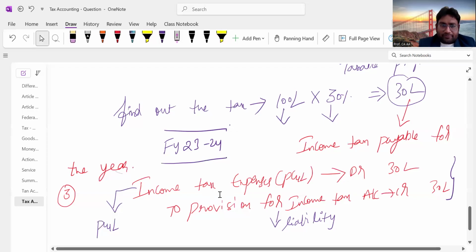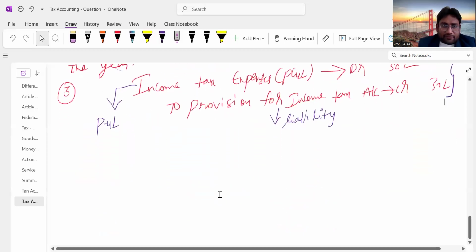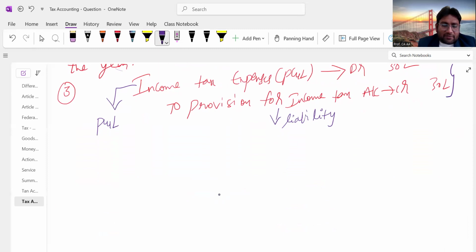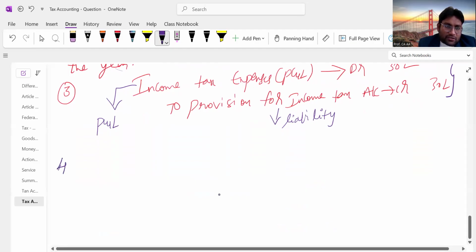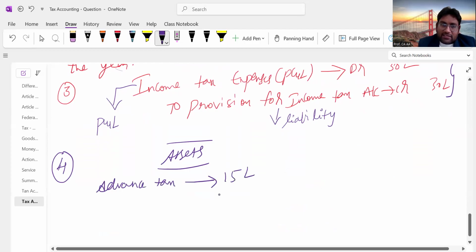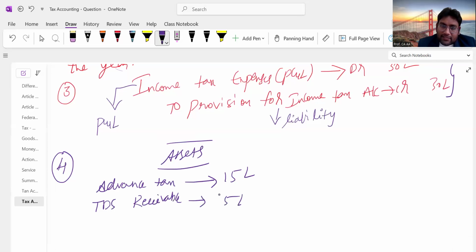I have given reasons also why I'm writing in the books of accounts. Now let's try to summarize what we have done. What are the assets we have so far? We have assets of advance tax, 15 lakhs. We have TDS receivable, 5 lakhs. We have the liabilities,